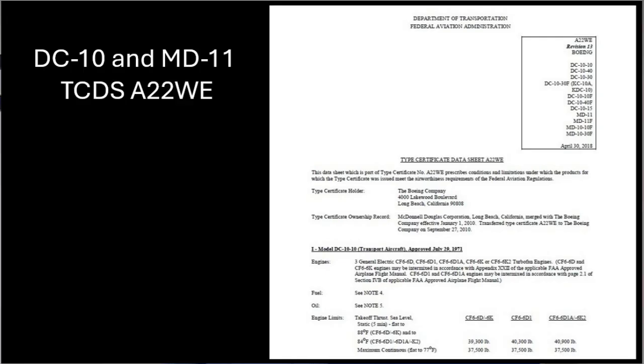Yet this raises a good point, one that perhaps Air 520 was hopefully referring to: that the MD-11, the DC-10, and all subsequent models are all listed under present Type Certificate Data Sheet number A22WE, Revision 13. This TCDS, Type Certificate Data Sheet, refers to the airframe. The present Type Certificate holder is the Boeing Company, who secured it when Boeing merged with the McDonnell Douglas Company